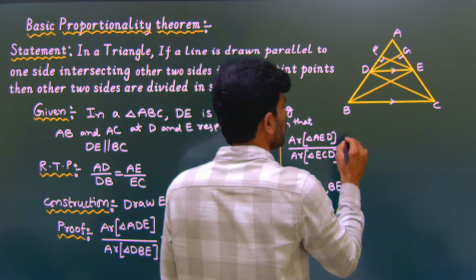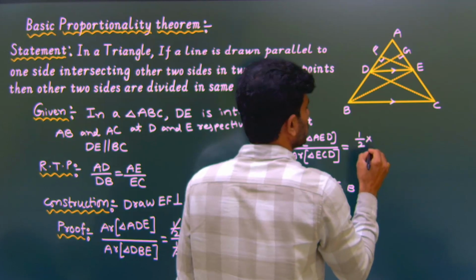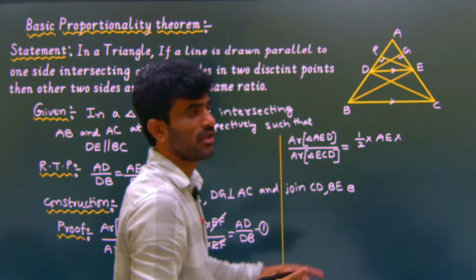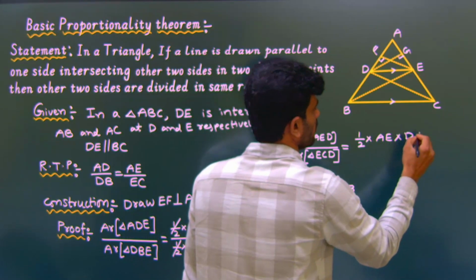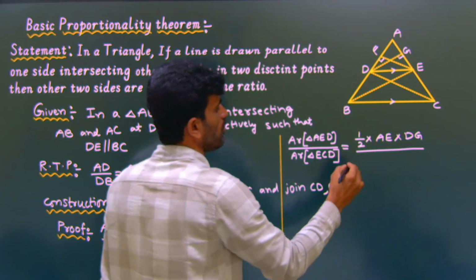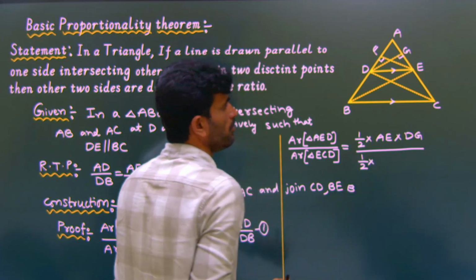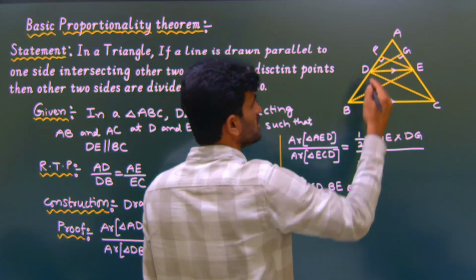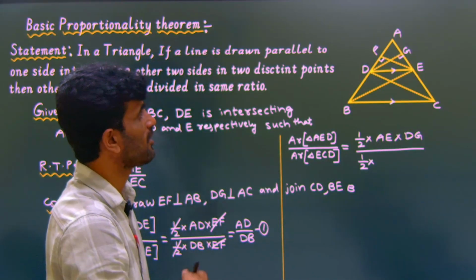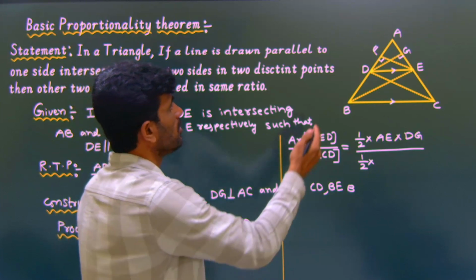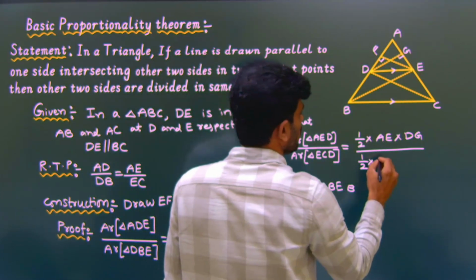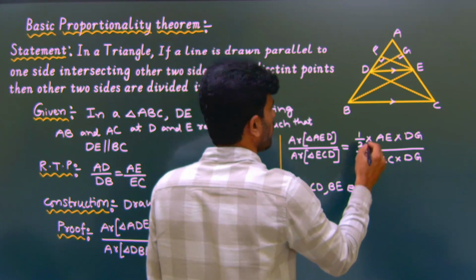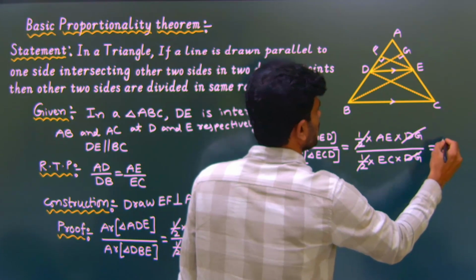So BG is height. So area of AED is half of base, which is AE, and height, which is BG. By area of ECD, again half of base EC, because it is ECD the base is EC, but height is BG. As I said, in an obtuse angle triangle the height lies outside. So here BG is outside. So EC into DG. So here again half will be cancelled, DG will be cancelled, we get